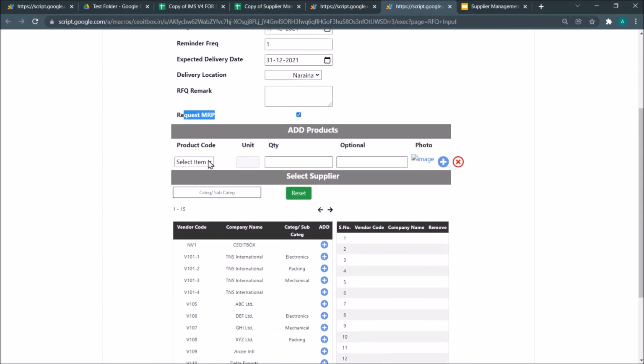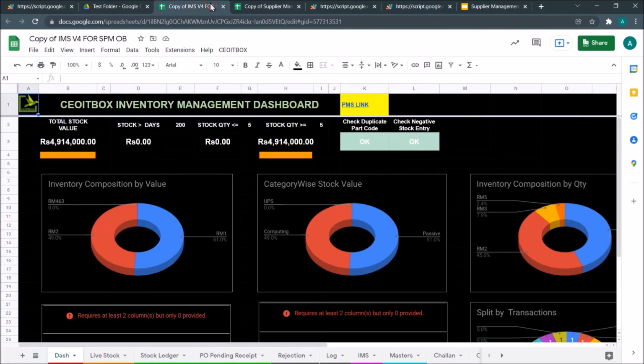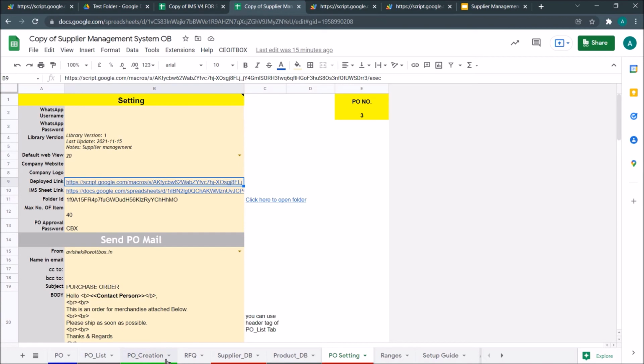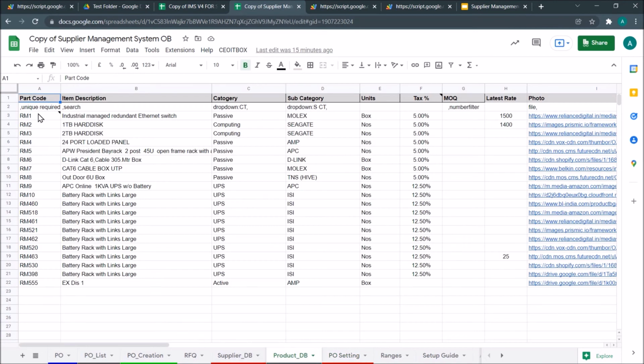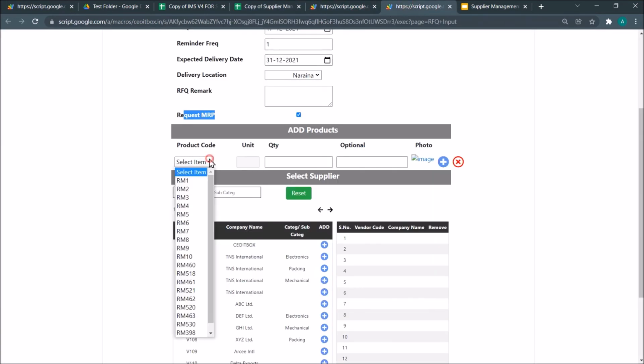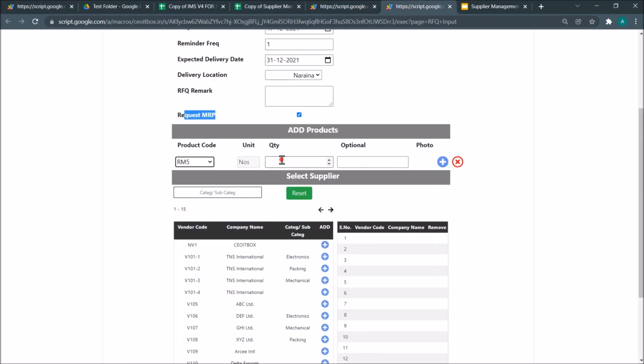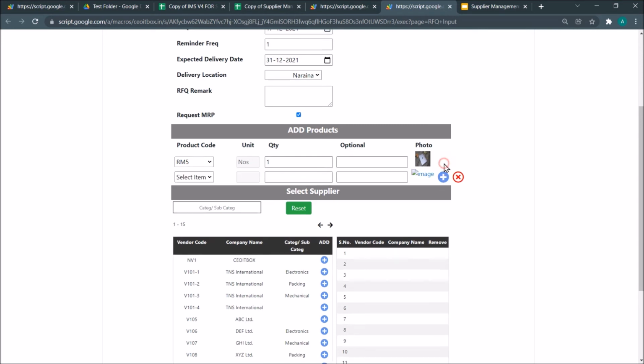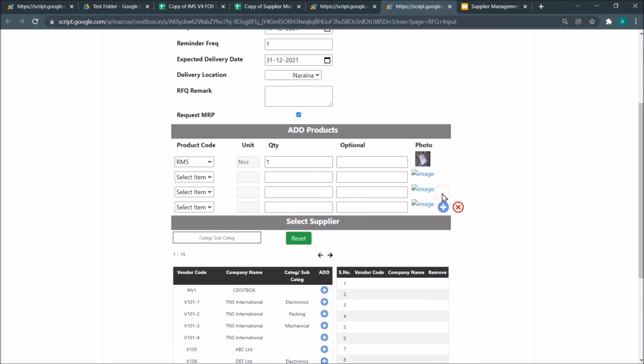Now you are going to choose the list of products which are already part of your product database, which is basically here from your product DB. So whatever is here is also going to be available right here in these drop downs. Now let me put few quantities, and here you can put in a remarks here. If I need to request for multiple products, you simply need to click on this plus sign as many times as you like. So let me take 4, 5 products here, 4 here.